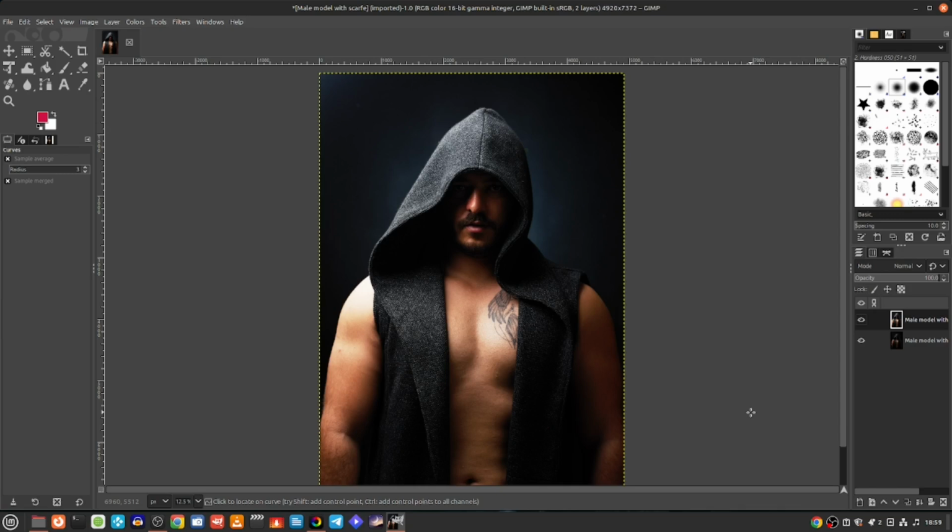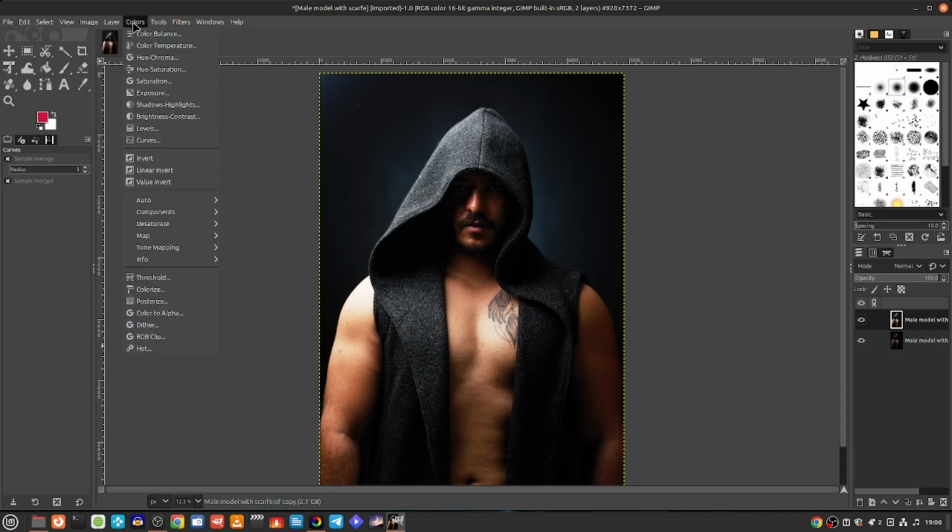Maybe the guy is a mixed martial arts guy. Maybe he's a new actor in a movie, and you're creating a magazine cover, or maybe you're advertising a supplement, or shades, or something like that. It all depends on what you want. Using the various adjustment methods here, you can adjust your photo to your taste. All right, so just to briefly recap,